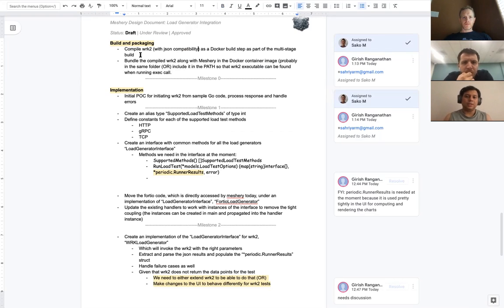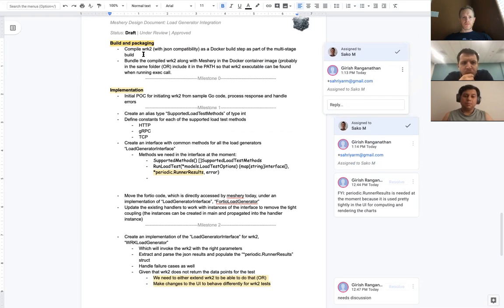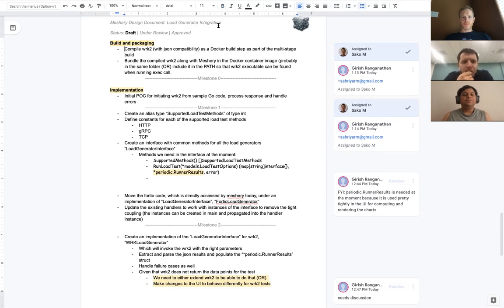Sako already has proved that he is able to compile wrk2 and then put the executable in the Meshery container. Now, the question to Sako: I know we spoke to Thilo about this. Do we have the right version of wrk or wrk2, whichever one we are going with,